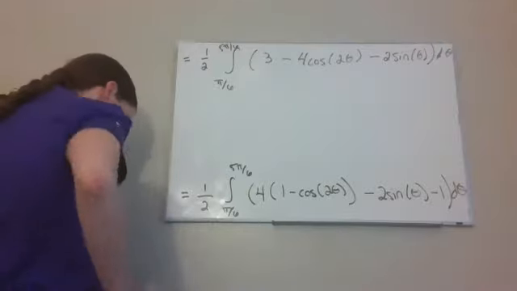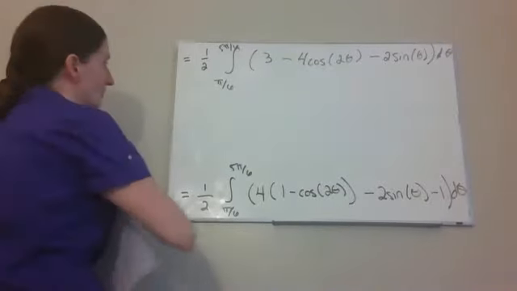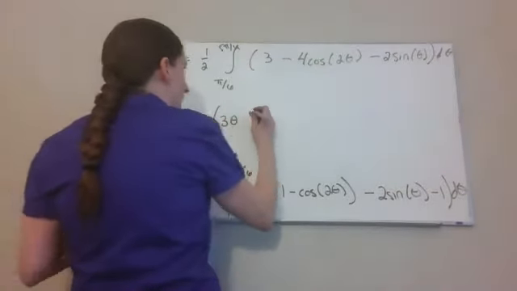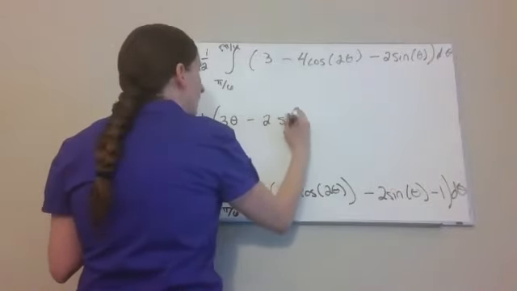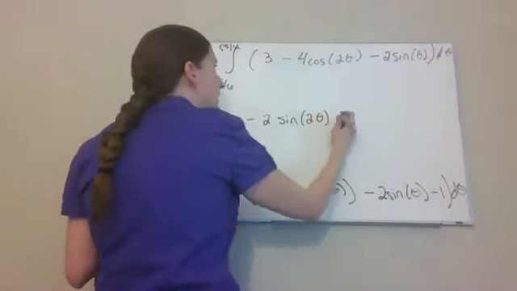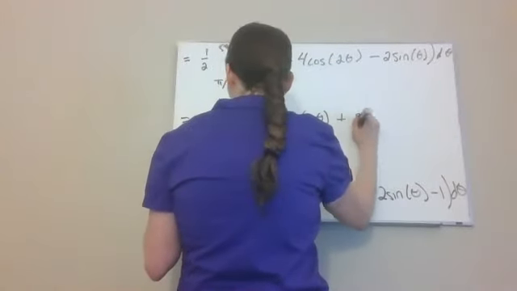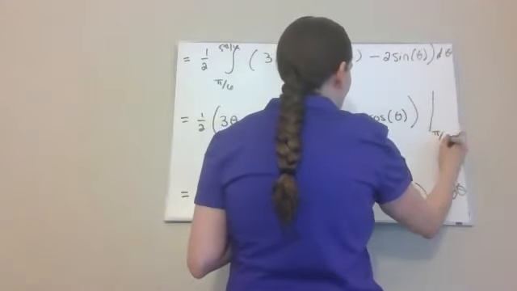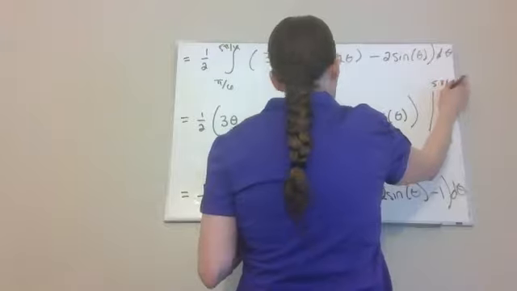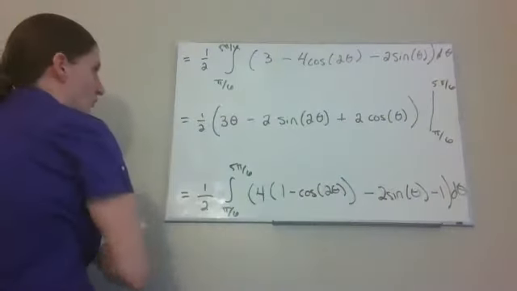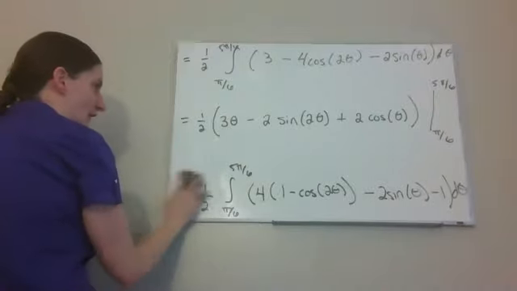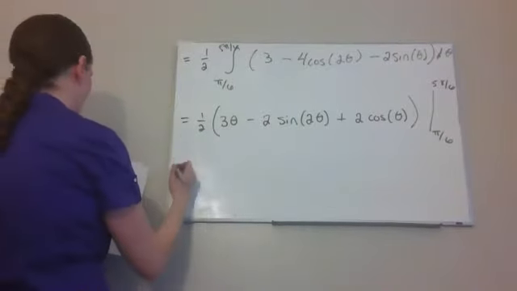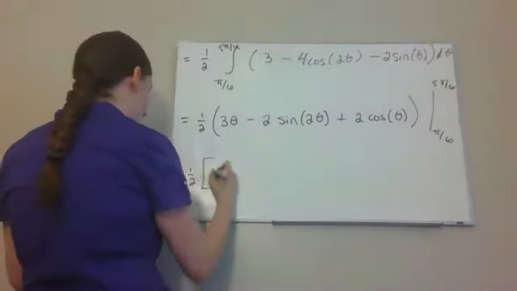And now I'm ready to integrate this. So we find our antiderivative. I get a 1/2, 3 theta minus 2 sine of 2 theta, and then a plus 2 cosine of theta. And I'm plugging in my bounds of integration. When I plug in the 5 pi over 6 and then plug in the pi over 6 with subtraction in between, we will get our 1/2 times